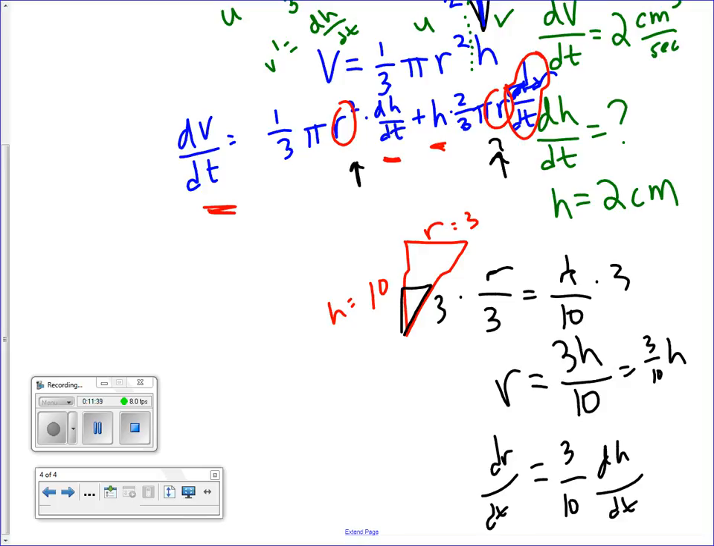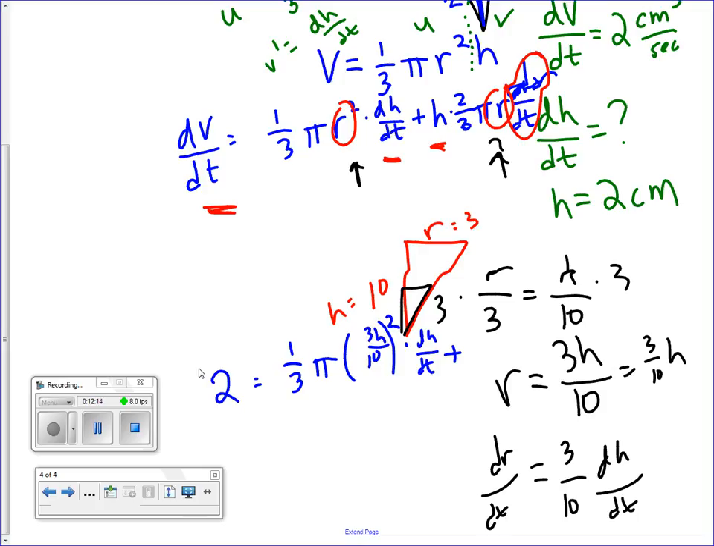So I'm going to have dv dt, that's the thing I'm solving for, equals 1/3 pi r squared times dh dt. Oh, never mind, that's not the thing I'm solving for. Sorry. I do know dv dt. It's 2. We'll go back over here and change that to a 2. Okay, plus,